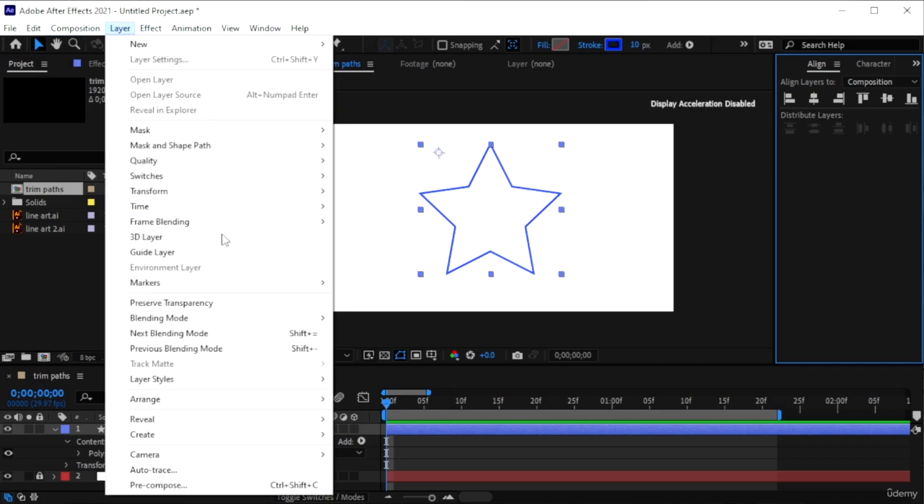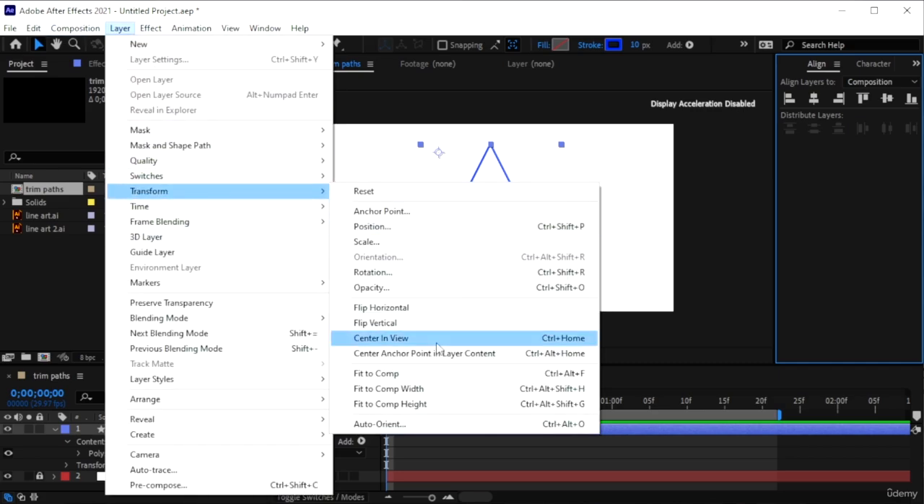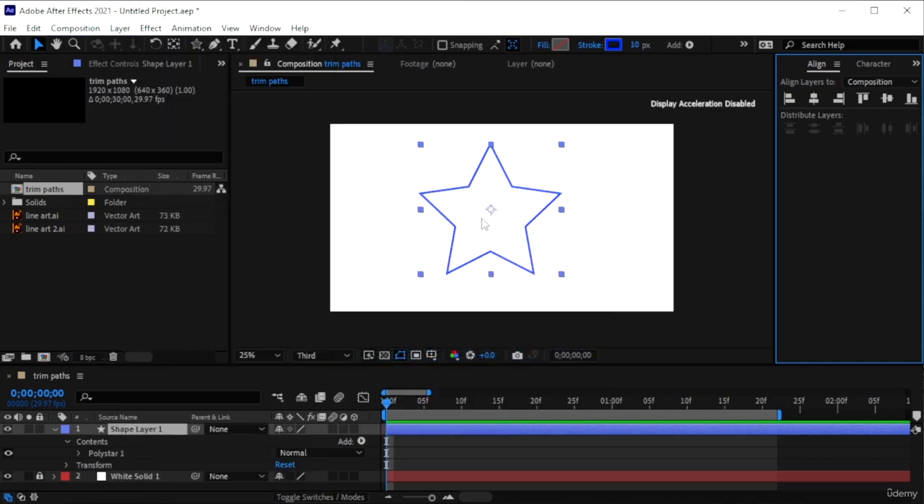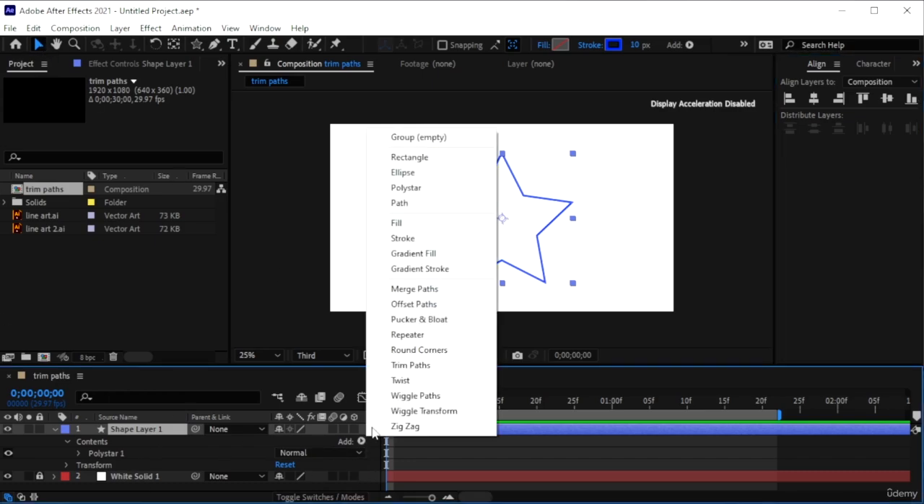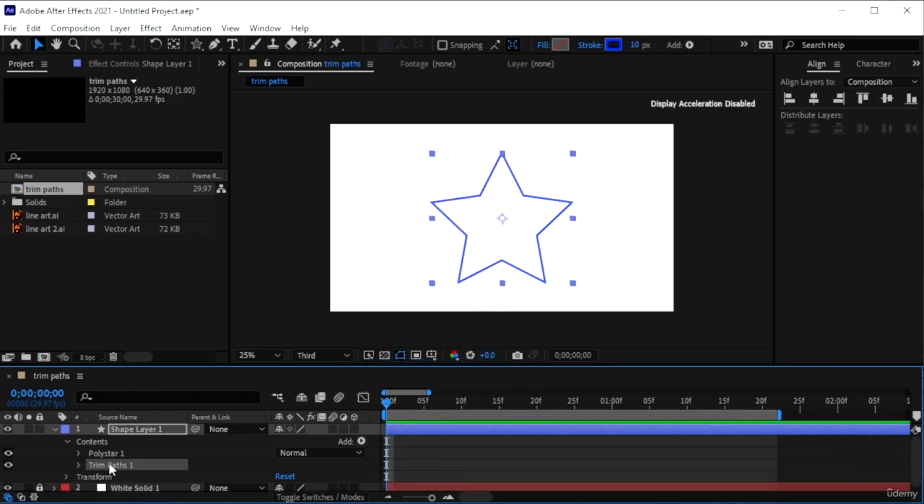So let's go to Layer, Transform, and hit that. Now it's in the center. Now I want to make sure my shape is in the center, so press this, and now it's in the center. Alright, so now that I have my shape, I can go ahead and add that trim paths thing to it,